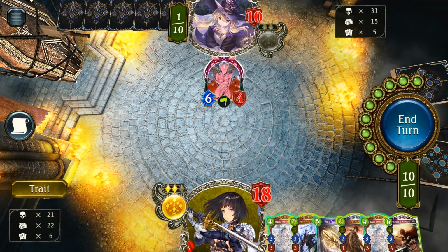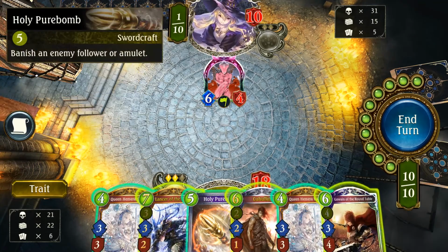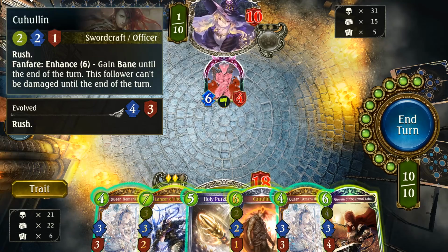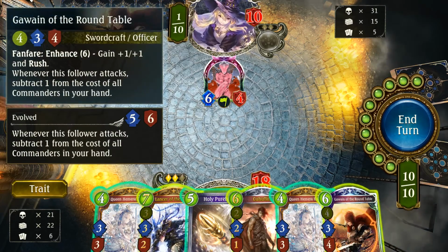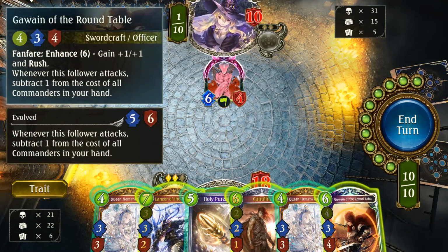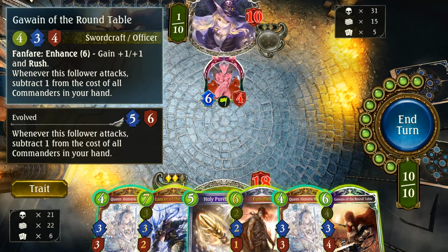I have 10 mana. What do I even want to cast here? I guess it's gonna be a Kuhulin and Queen. And that's it. I'm gonna keep the Pure Bomb for his Chimera next turn, but I feel like I'm dead anyways. The Chimera could be Gawain Evolve and then anything, but it puts the same toughness on the board, and he sort of has to answer the Gawain, so...